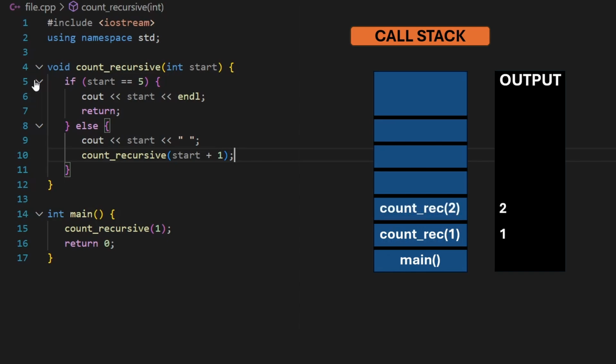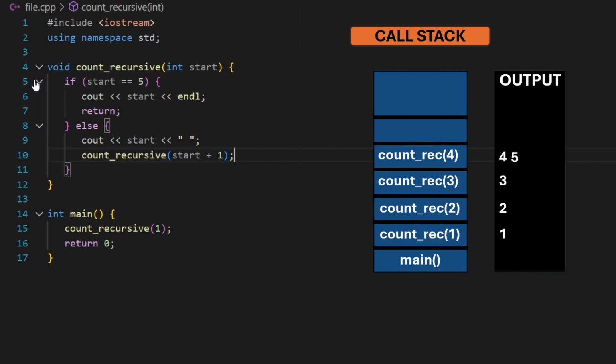So now we have another element inside the stack, and again, if you execute this, you will get the same function but with a different parameter. This will continue all the way to 5. Once we've reached 5, we need to stop everything because the base case is met. And now we start falling back to where we began, which is when we called the function and gave it